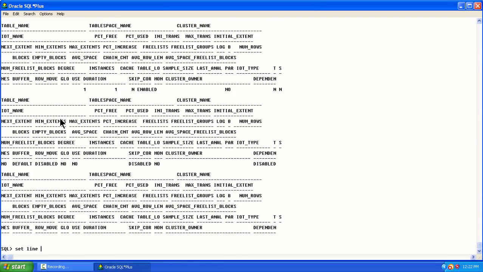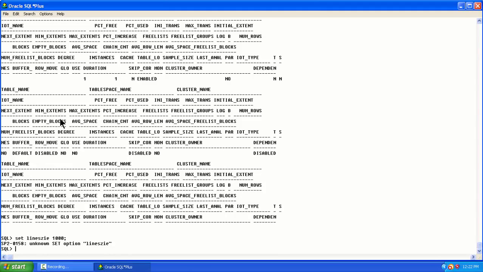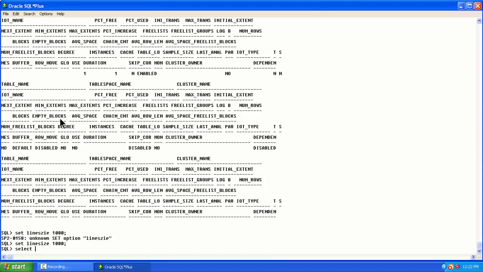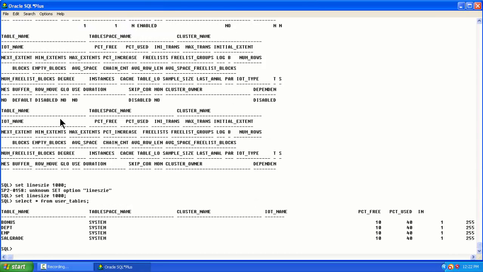Let's increase our line size to an even bigger value, since it's not fitting. Excuse me, I just misspelled that word here. Let's set line size to 1000 and see now: select star from user underscore tables. Now if you observe, it's perfect here. Previously, if you don't set your line size to a specific value